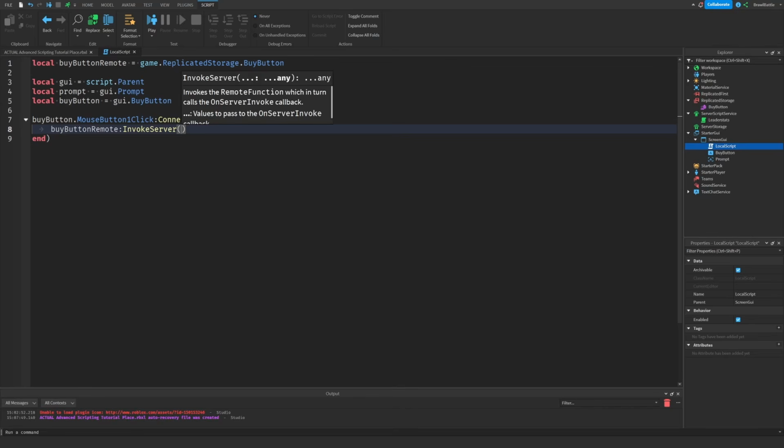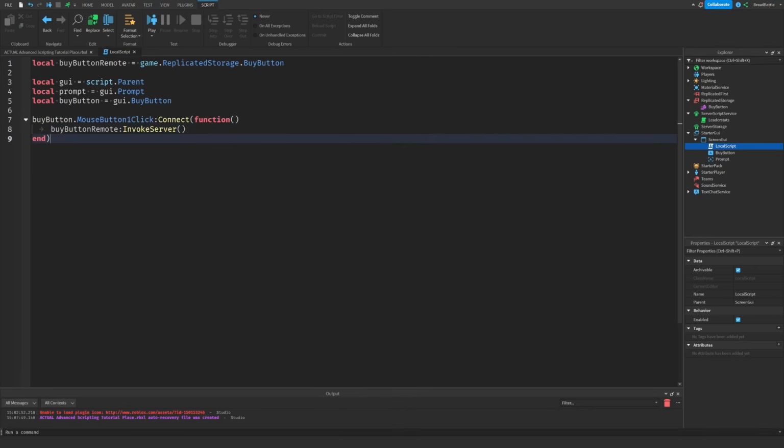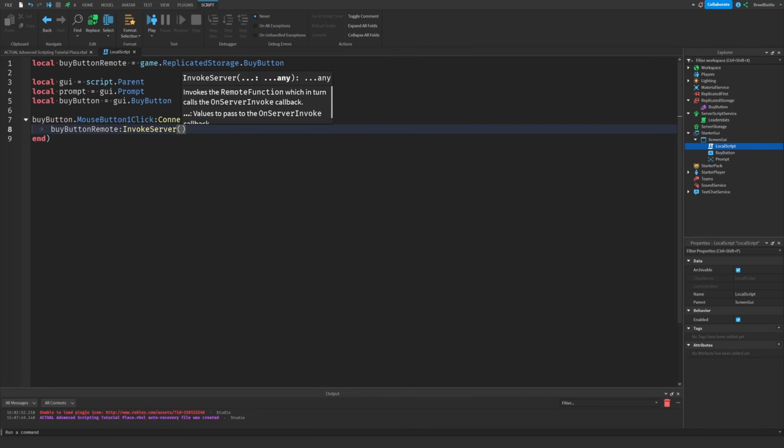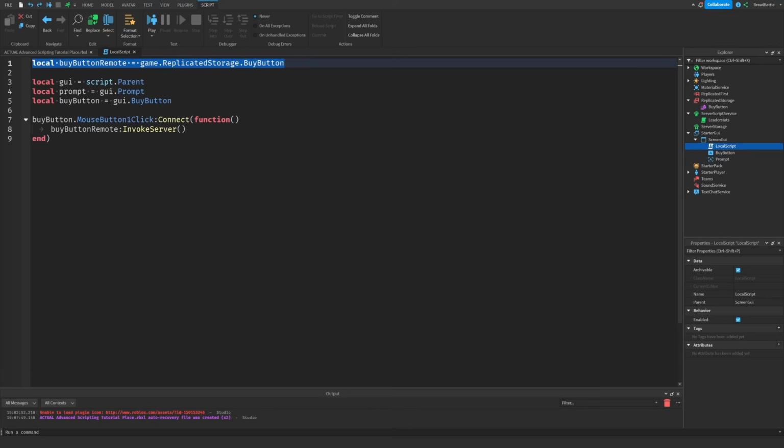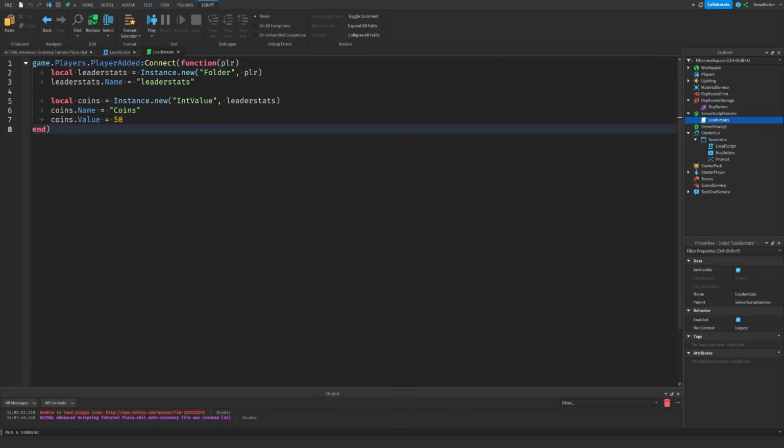And in terms of parameters, it's basically the same thing with InvokeServer, and the other one is InvokeClient, where we don't need to pass in a player if we're calling from the client to the server, but if we're going to pass in arguments, then we're going to need to do that here. So it's basically structured the same way as a remote event. And the way we're going to catch this function call is by doing it from the server. So let's copy this reference up here with Control C, and then we're going to go to our leader stats script. Let's drop 2 lines down here, paste that, and then down here,